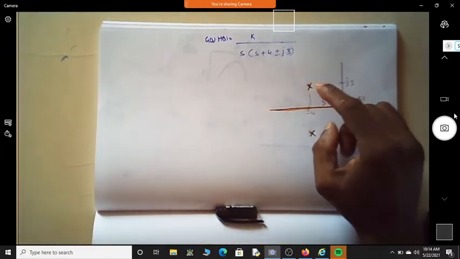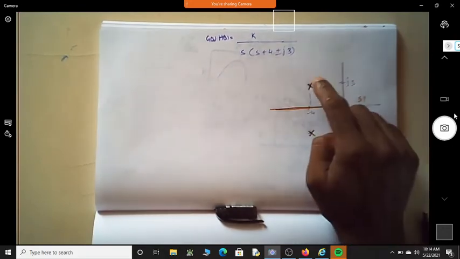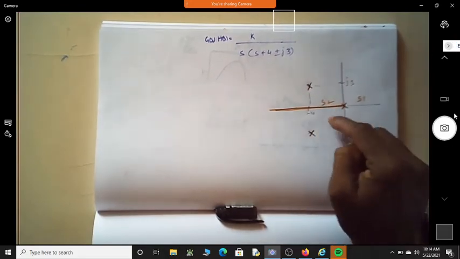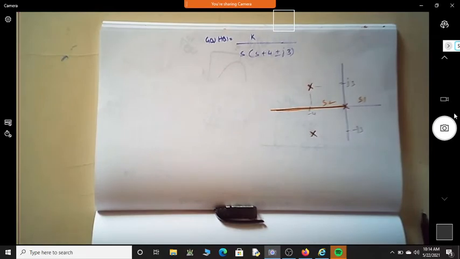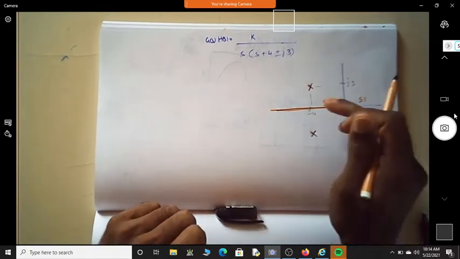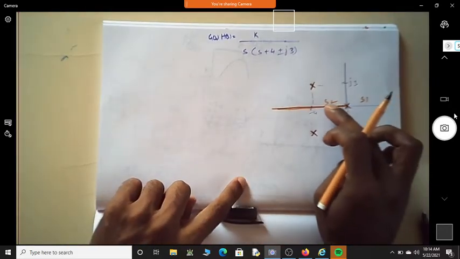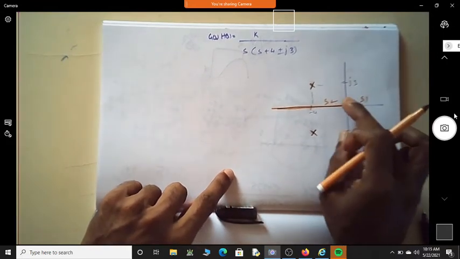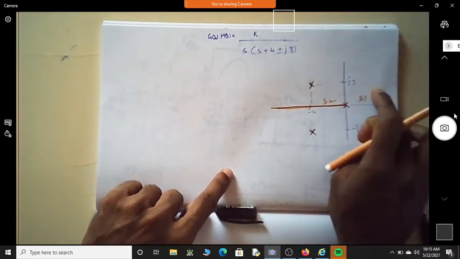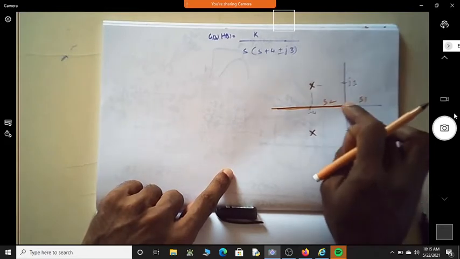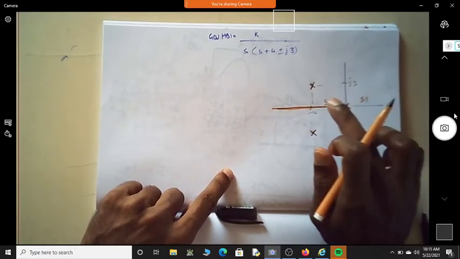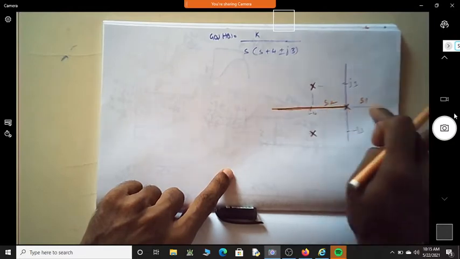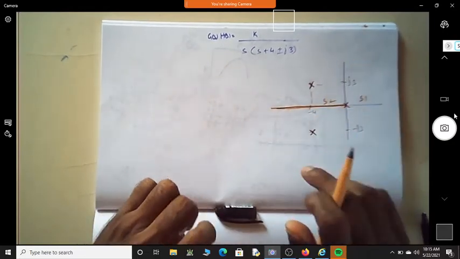These are not on the real axis. Even if you consider them, they are even in number, no? 1 plus 2 is 3. That's why, while identifying the number of poles to the right of that section, you just stand over here and see to the right, it's only 1. Because you are looking at only the open loop poles and zeros on the real axis, not those which are complex conjugates.